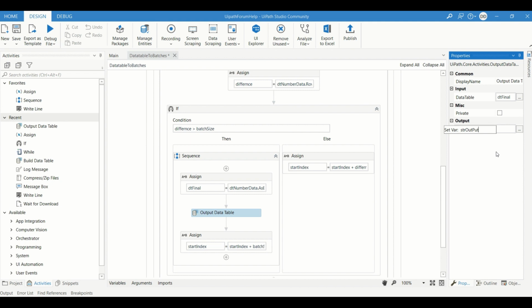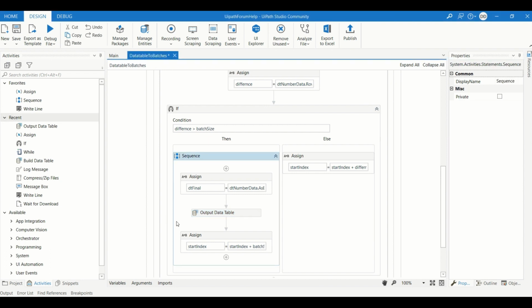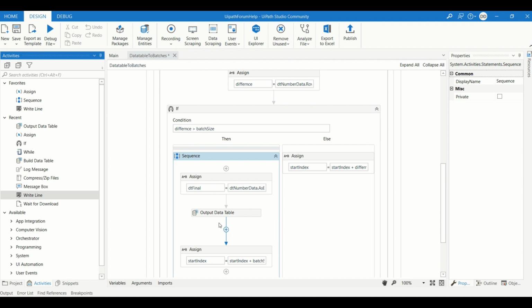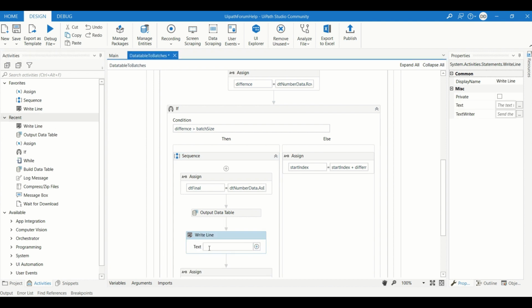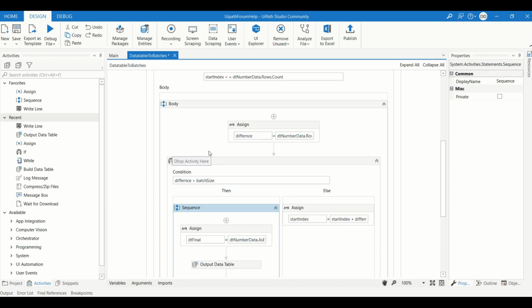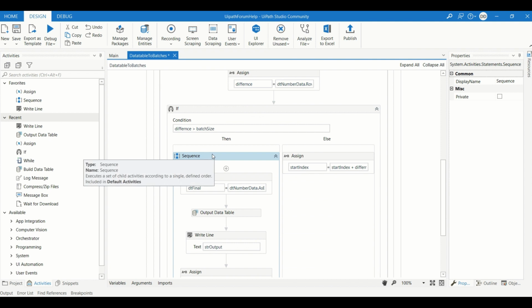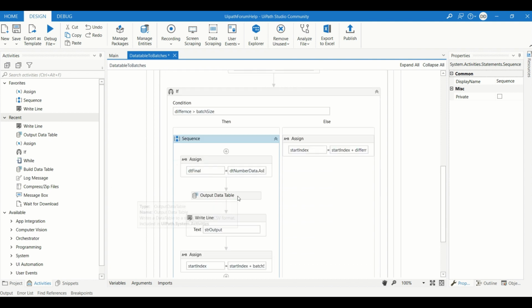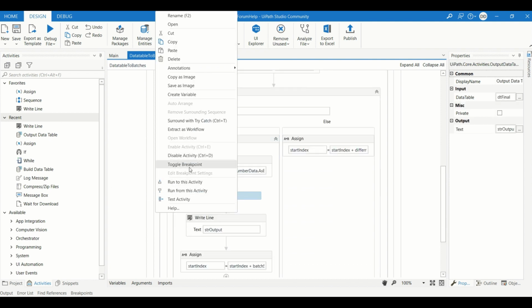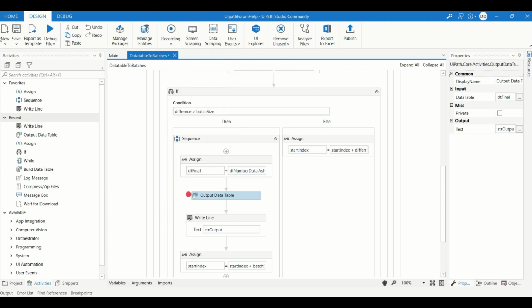Okay, we will use one write line to check what is coming in this str output. Now we will not do something here, just check whether the first two conditions are working or not. I will just put a debug point here, and we'll run it in debug mode.